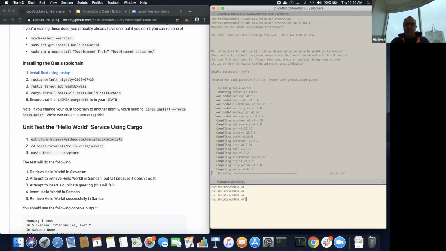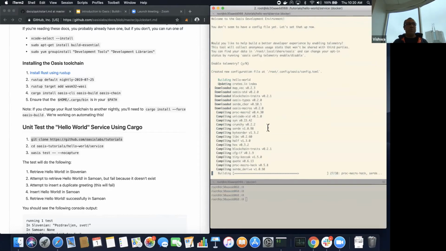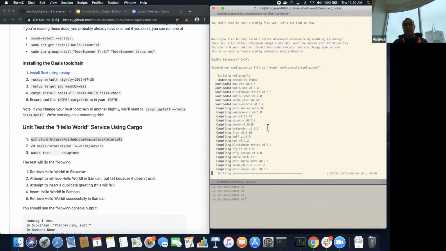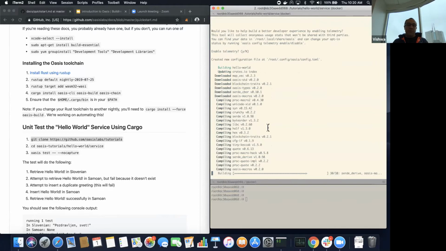Yeah, so in the meantime, maybe I should tell you something about Oasis chain. So the flow that we envisage is one where you write in Rust, you test in Rust. This is using pure cargo flow. Oasis build, Oasis test is a proxy to cargo build and cargo test. And so this is what we expect will be an initial engagement. And once you have your program working, then you can go ahead and deploy it on the local chain.